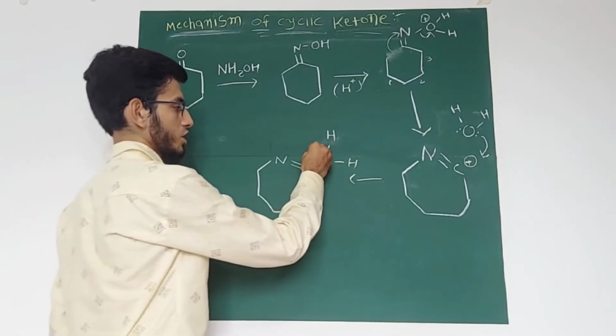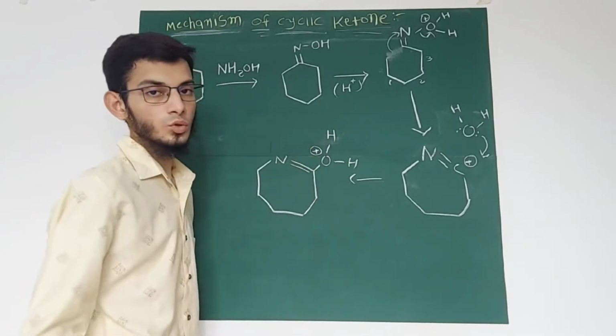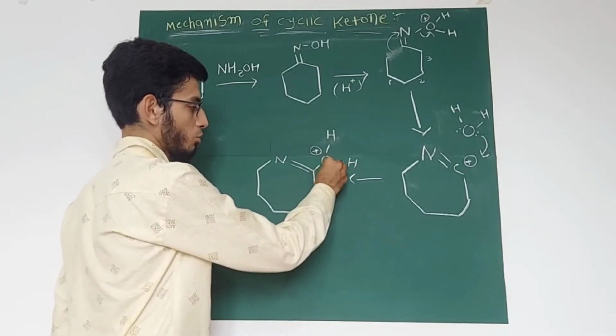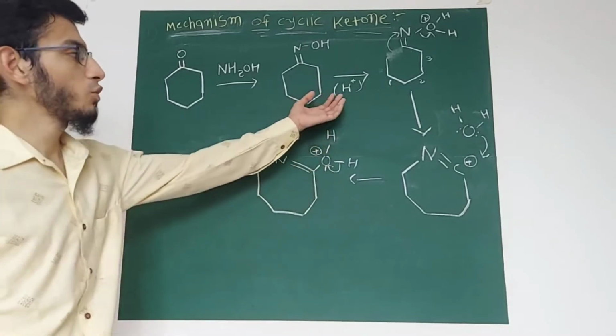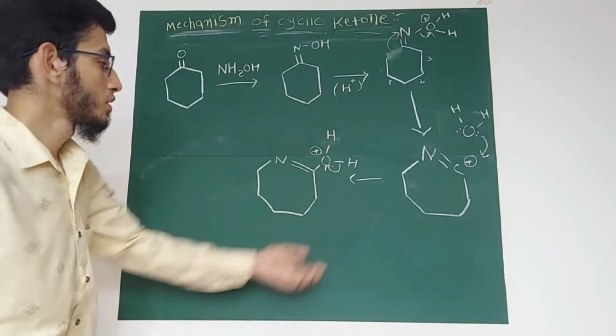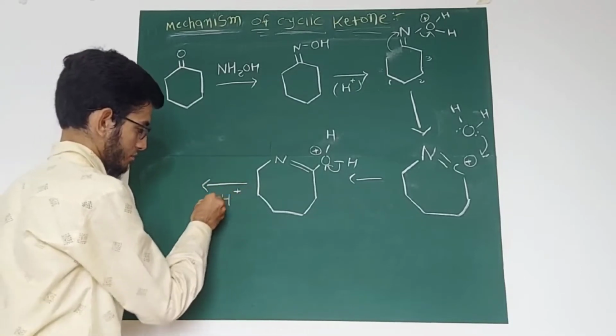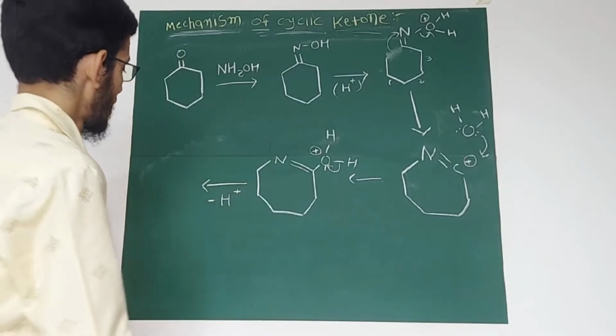Here a positive charge is generated on the oxygen. To remove the positive charge, hydrogen will leave in the form of H plus. So we have got a catalyst at the end of the reaction, like this H plus. Then we will get